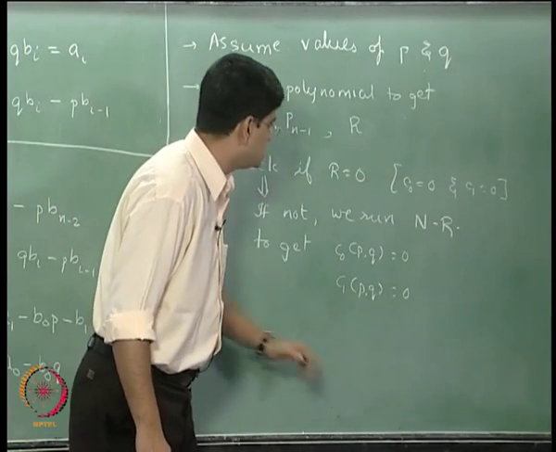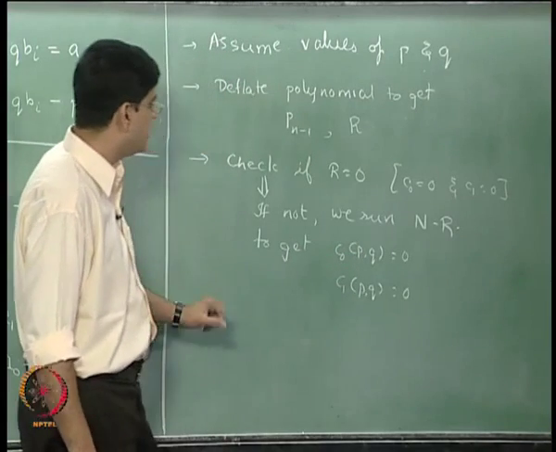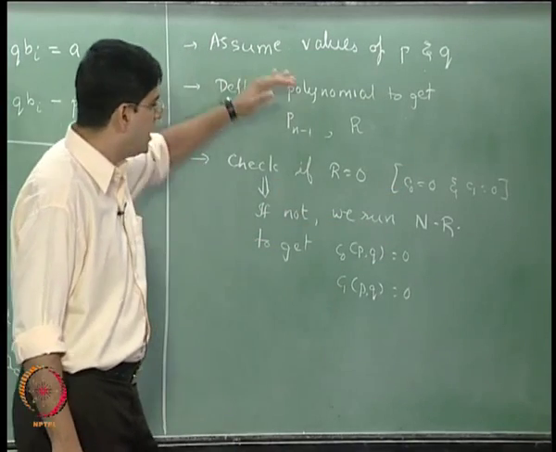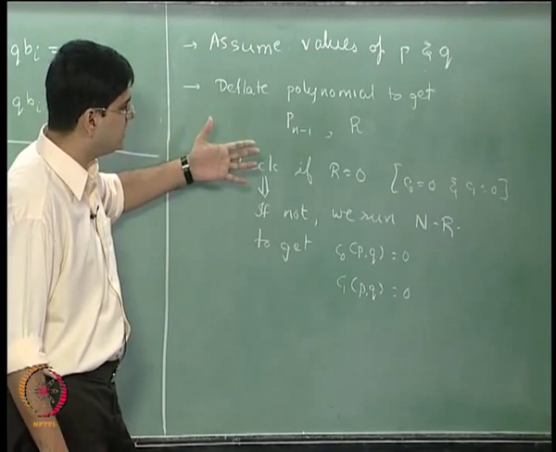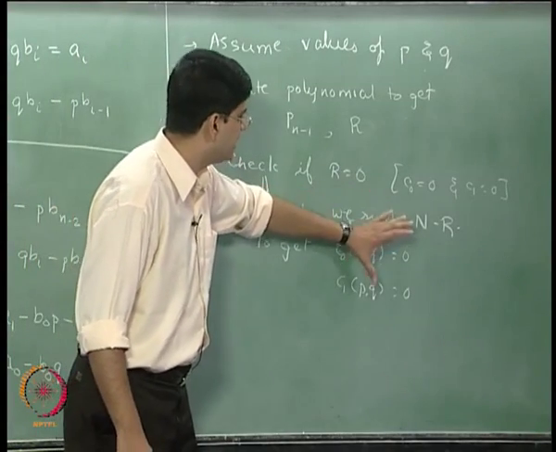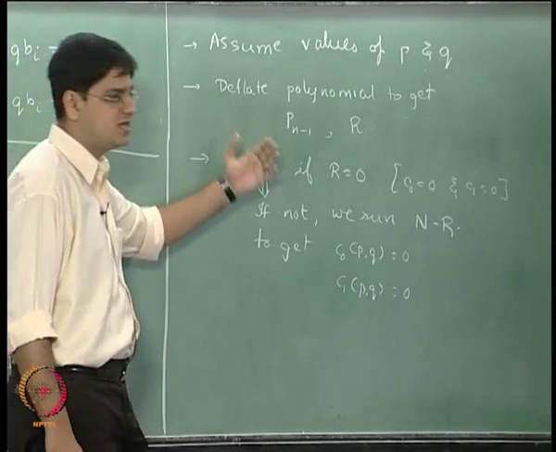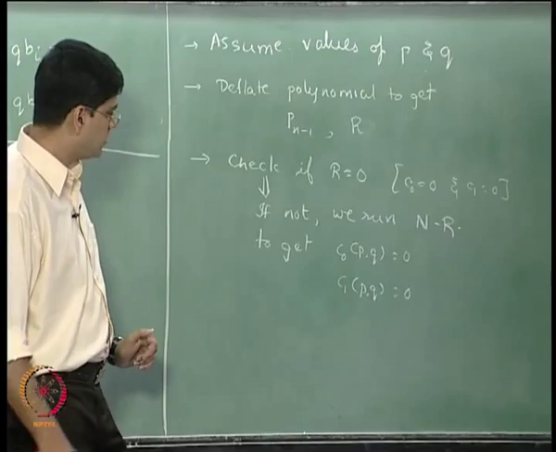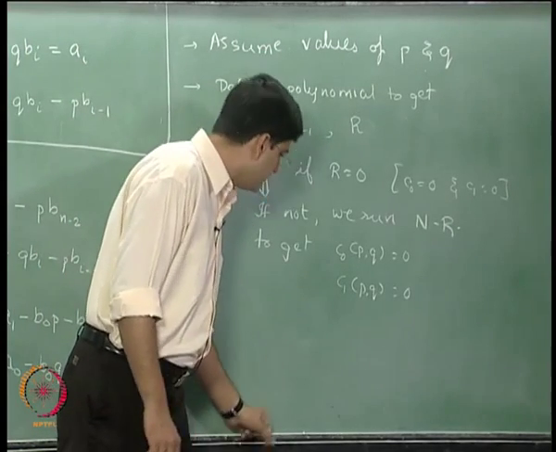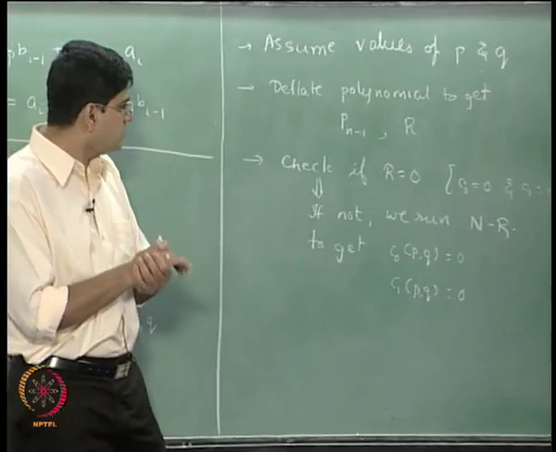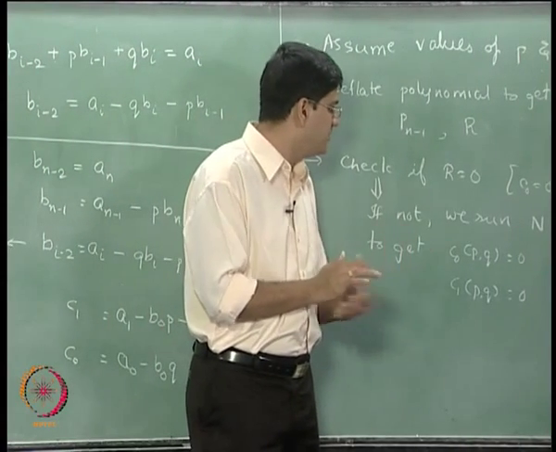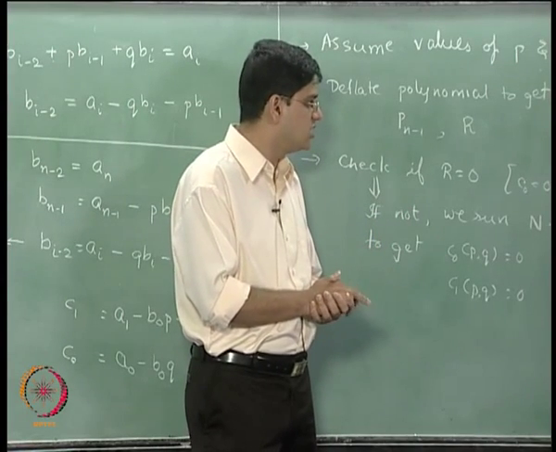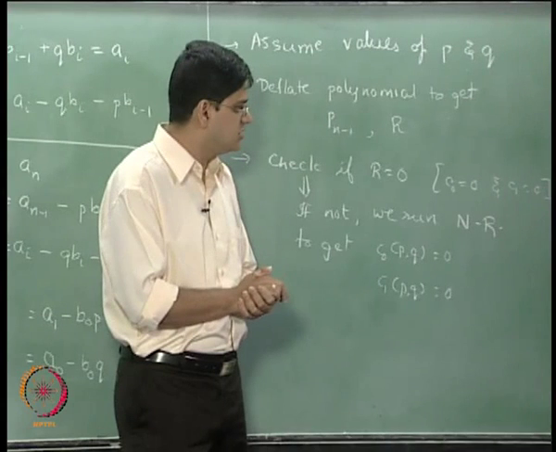So this is the procedure that we will follow in order to get the roots of the particular polynomial, and we will follow this procedure repeatedly until we get the entire polynomial deflated from Pn to Pn minus 2, Pn minus 2 to Pn minus 4 and so on up to P0, okay. So what we will do next is take one particular example and go through it to see how this deflation is going to work.